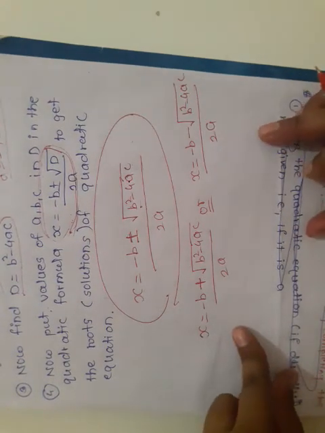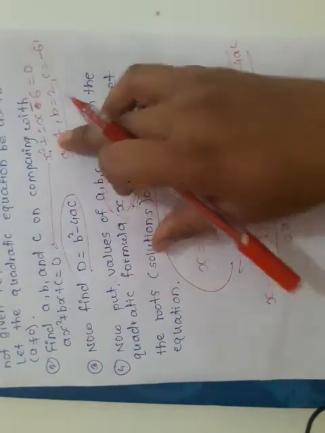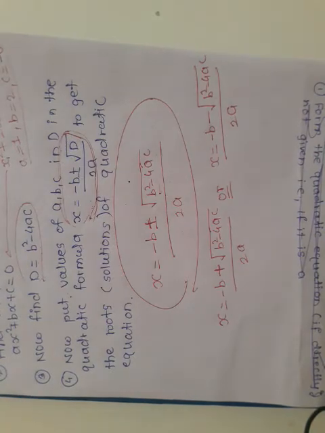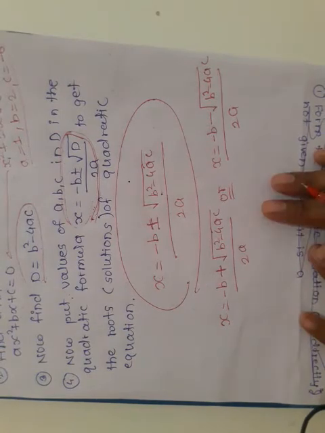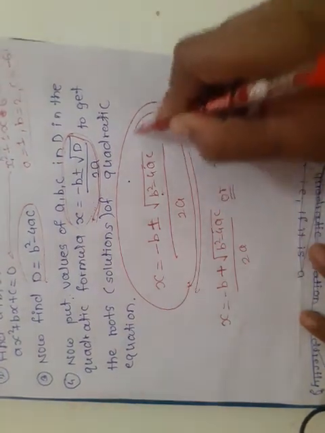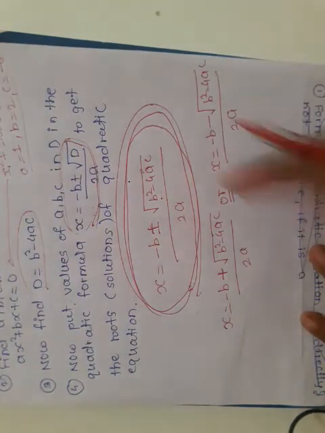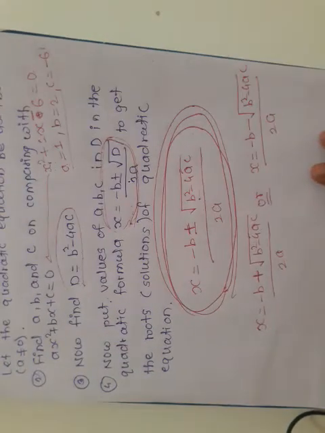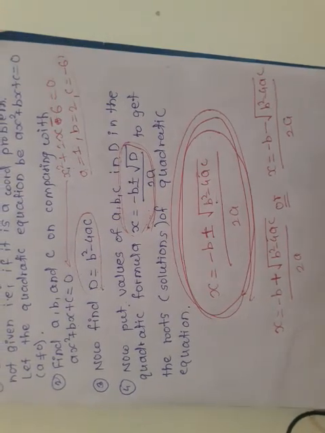We know very well, if it is a quadratic equation then we get two values. If the given equation is cubic, meaning x cube, then we get three values. So the given equation is a quadratic equation, and this is our quadratic formula. By using this formula we can easily find out the roots or solution of the given equation. So these are the two methods that we are going to study in this section.